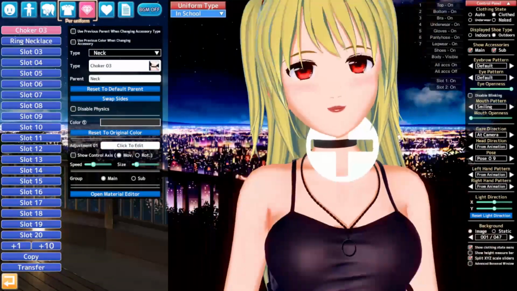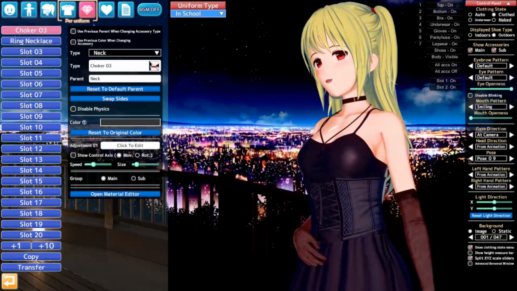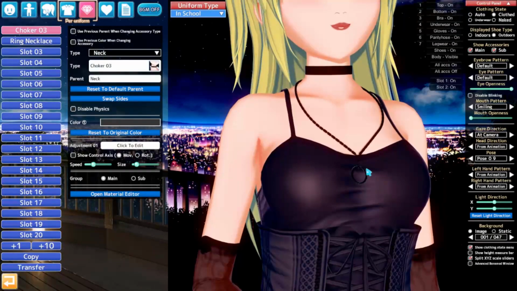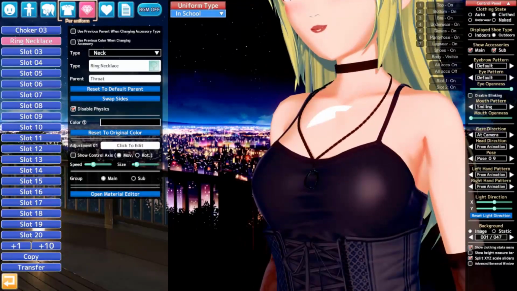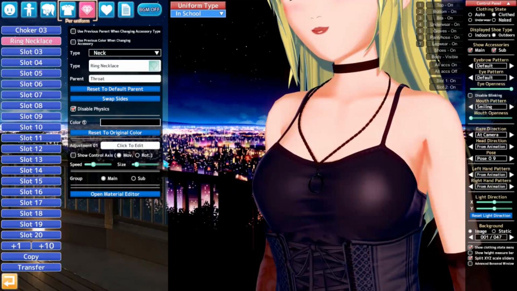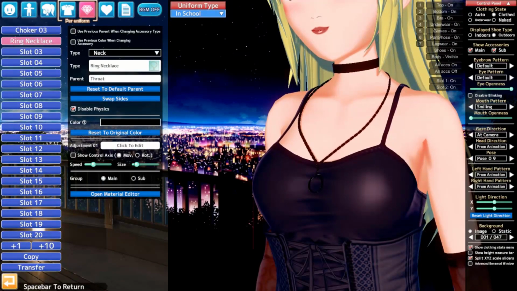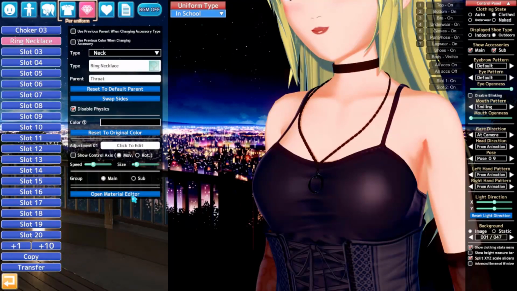There we go. So I found a better choker. I think what I want to do is texture this necklace a little bit. To retexture this, obviously there isn't that window for importing textures so conveniently. So what we can do, let me make sure I'm still recording. Yeah. So what we can do is in the material editor for this item,